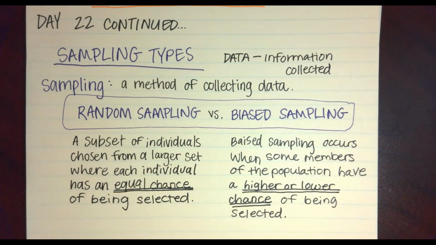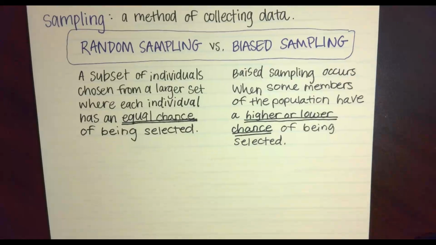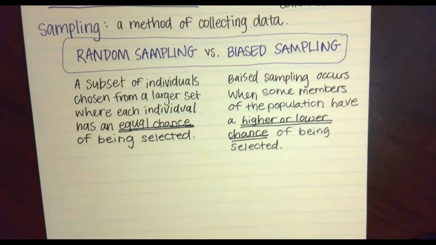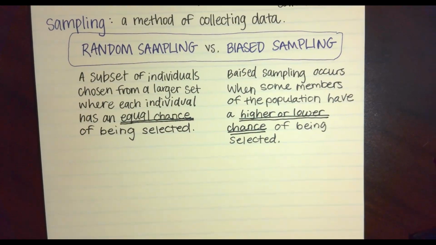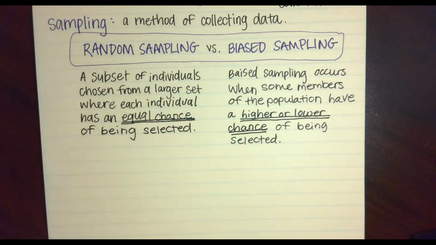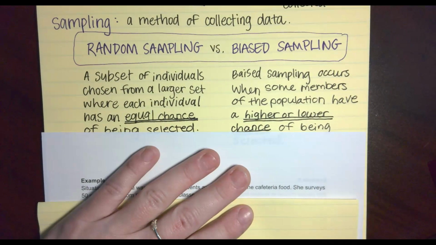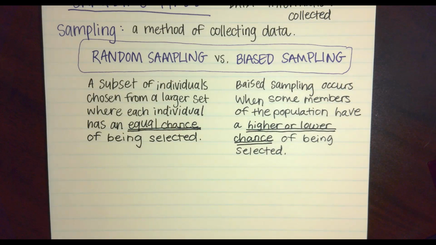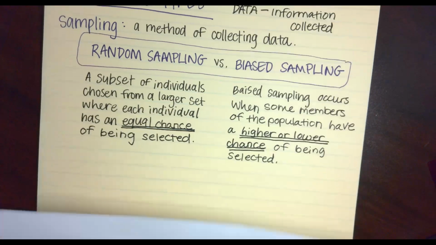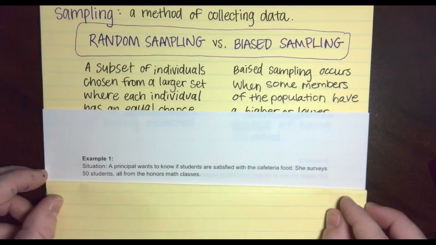All right, let's see if we can tell the difference between some random samples and some bias samples. I'm going to give you some examples and we're going to talk about them. Let me see if I can slide this up here without showing you the answer. I need something dark to cover it up. Oops, I just showed it to you. Okay, hang on, I'm going to give you a different one. If you didn't see it, great.